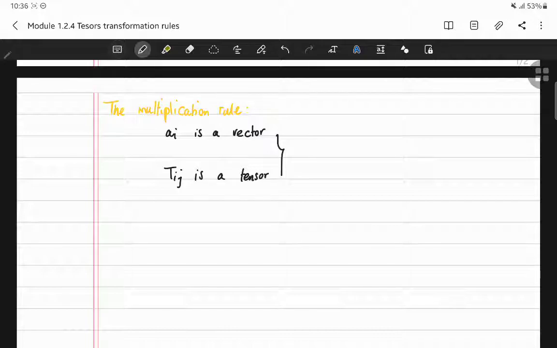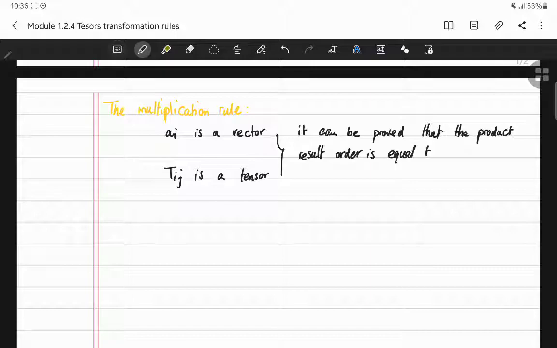So for example, let me just write it here. It can be proved that the product result's order is equal to the number of free indices. So for example, if you have something like, let's say, A_i,